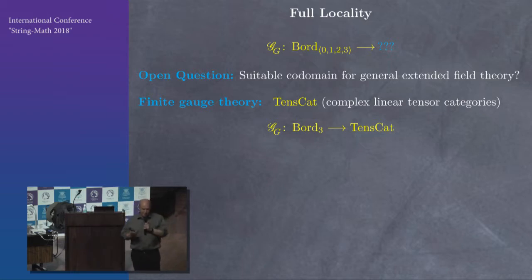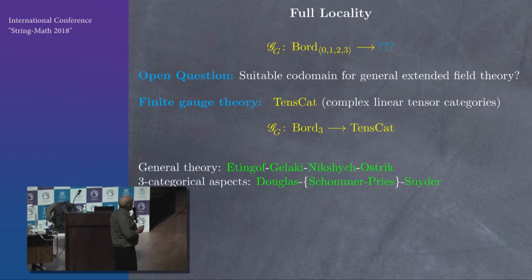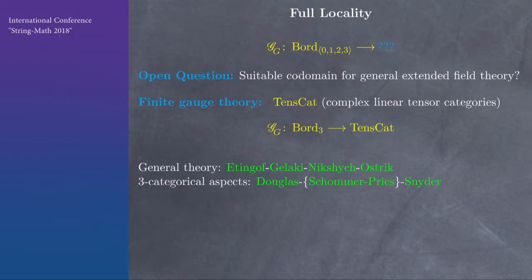So in the same way that with algebras, you have a Morita category of algebras, you can have bimodules and think of those as a map between algebras. We can think of tensor categories in that way, categorified version. And so there's a good algebraic theory of tensor categories that's been developed, and there's a nice book by these people. And Douglas, Schommer-Pries, and Snyder developed the theory in this kind of categorical way that's adapted to topological field theory.